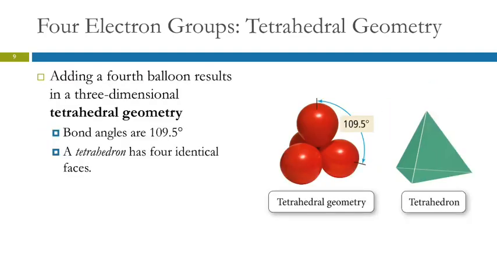So we put that 4th balloon in, and we get a 3-dimensional thing now. It's not in a plane. It's called a tetrahedron or a tetrahedral geometry. The bond angles here are 109.5. It's a little harder to understand because in a sphere, you don't have just the 2 dimensions anymore. Thankfully, we don't really need to understand that. So the balloons are going along separated, like the corners of the tetrahedron. There's 4 corners. You could also call this a trigonal pyramid, but we use trigonal pyramid for a different shape